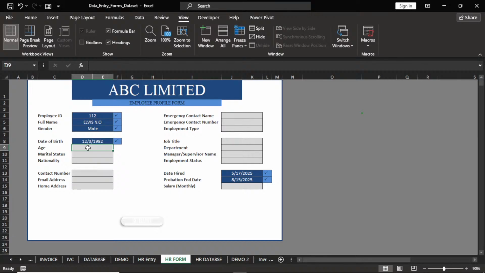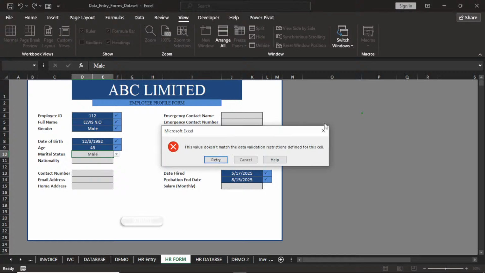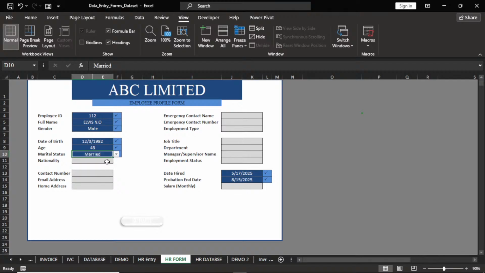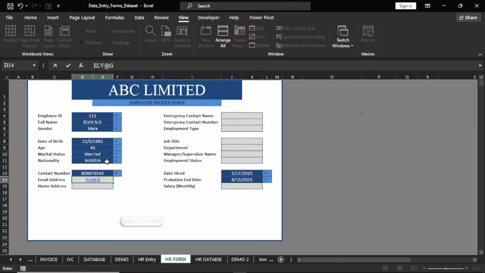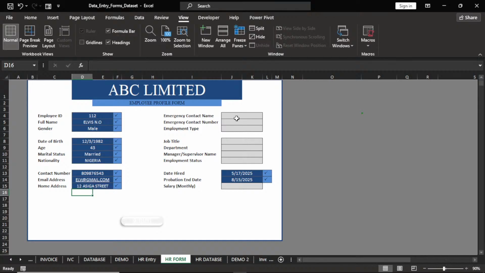So, but now let's say it's 43, and then marital status, let's say married, nationality is Nigeria, and then contact number, email address, home address, let's say 12 Asega Street, for example, and emergency contact